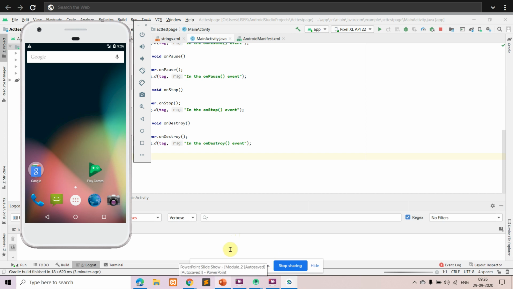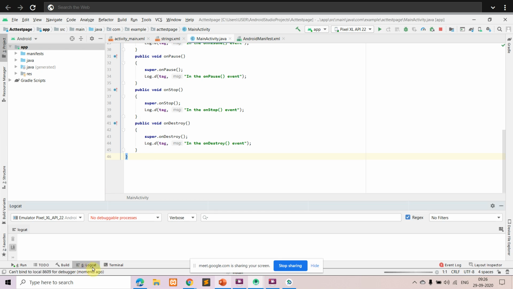Okay. What I just want to tell is, as and when it gets loaded in the log, you just have to click on this logcat window. So here the methods that will be running, all those methods will be displayed here. When you're loading, initially the create event, then start, then resume. All those methods will be running. And if you click on the home button, then again create, start, resume. In other words, the activity will go through all the stages.